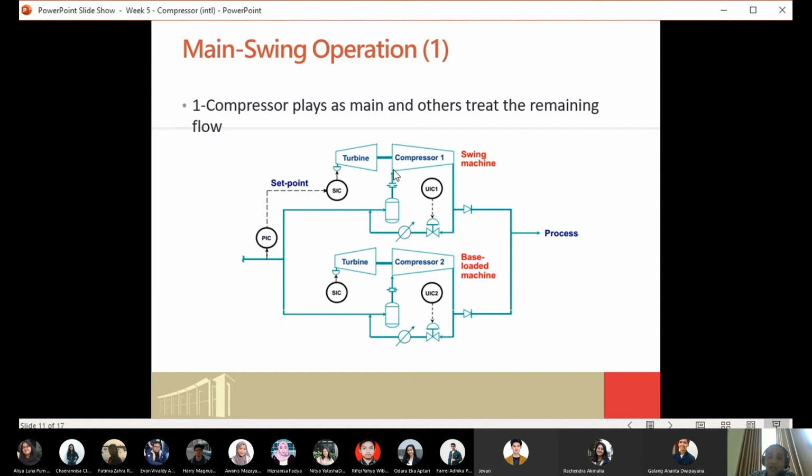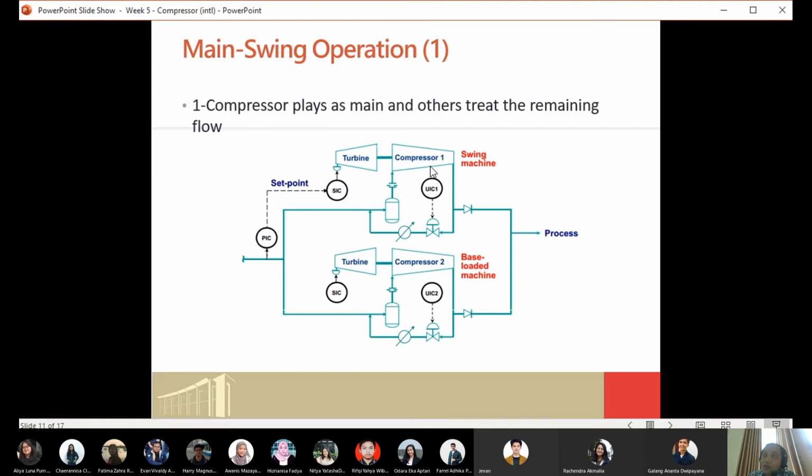That's why compressor number 1 is called the swing compressor, because it only receives an amount of gas which is not the maximum. It is because compressor number 2 is not enough to treat all of the gas, so the remaining gas will go to compressor number 1. So it's called the swing compressor, or swing machine, here.